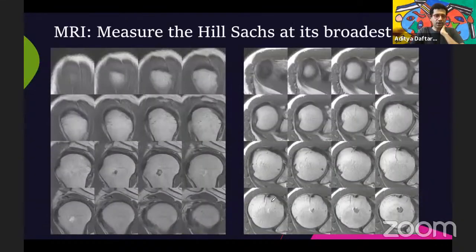On MR, I think what you do is you tend to look at all the images on the sagittals. You try to identify the uppermost sections where you start to see some variation or some flattening of the humeral head. And then you try to find a corresponding axial image where you see that flattening on the glenoid. And you find two of these images sometimes. You'll find one here and then one more here. And then between these two, you decide on which of these two. And typically you'll find that the measurements are not very off.